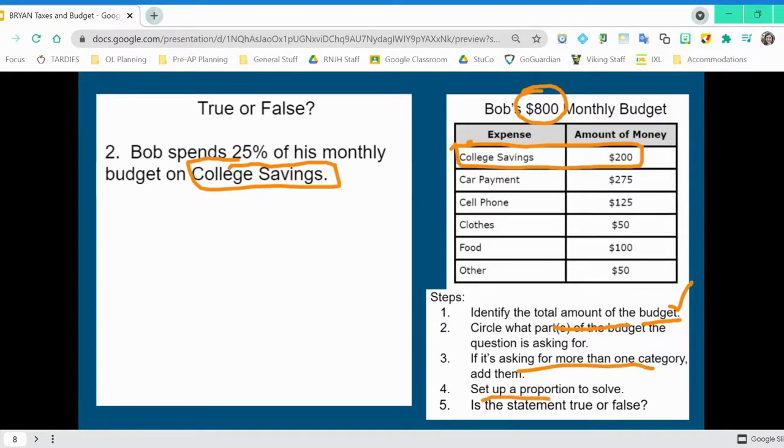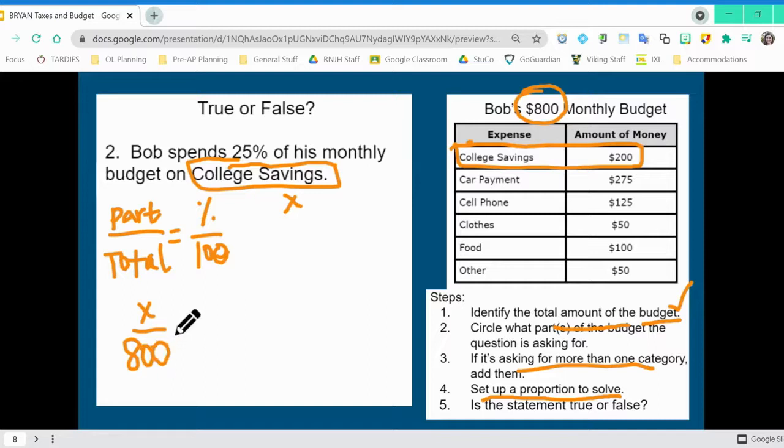Next, we set up a proportion to solve. So this time, I'm going to set up what part we want, the budget of, over the total equal to the percent over 100. So this time I'm going to put an X in there. I'm going to call the amount that he spends on college savings X. I'm going to see what is 25% of his budget. The total budget is $800. And we're going to see, is that equal to